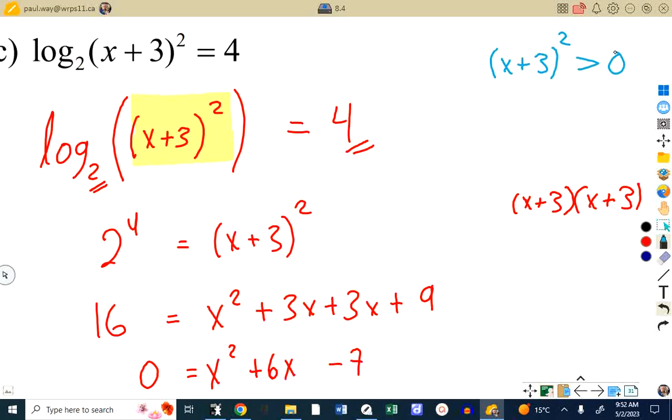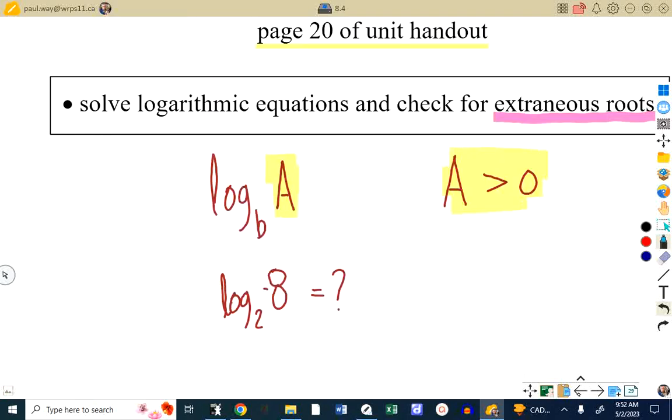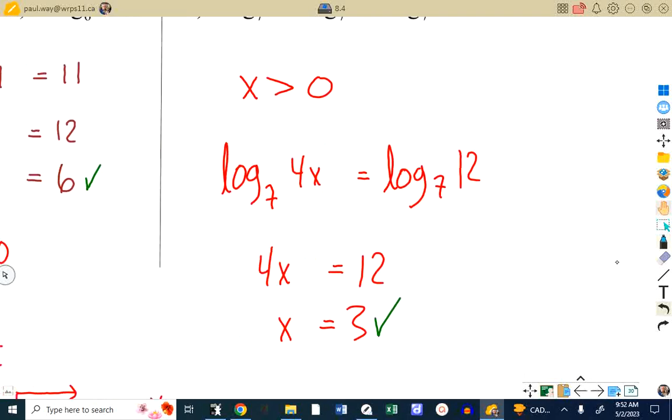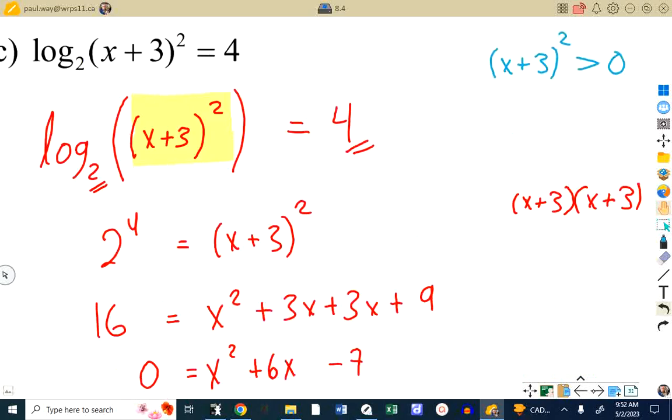So what I would say to you is I don't think on a diploma exam, on a written response, you would ever have a situation where what we did here to find the inequality in B, what we did here to find the inequality in A, where is it? That's fair game on a diploma exam for written response. For this question, all you need to do is say to